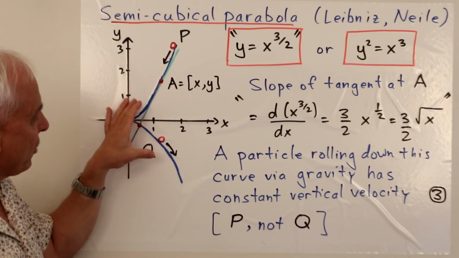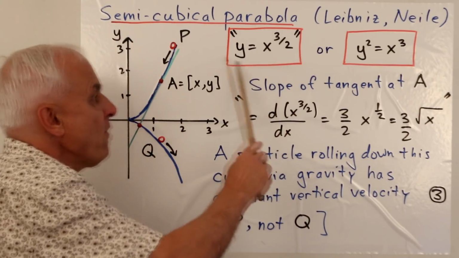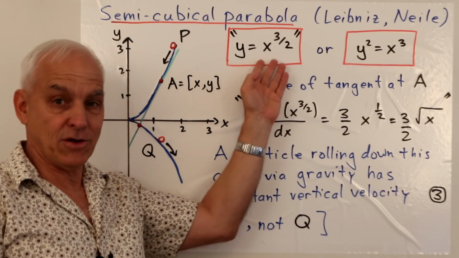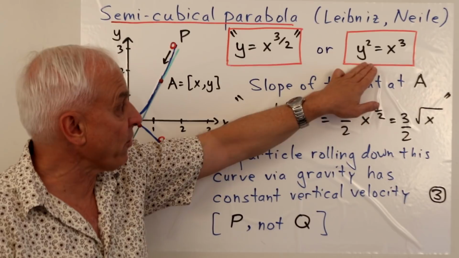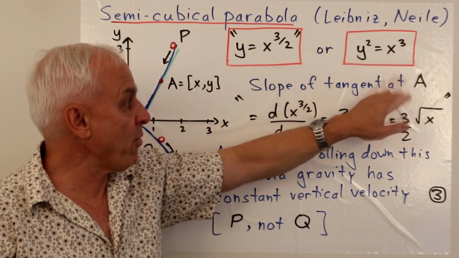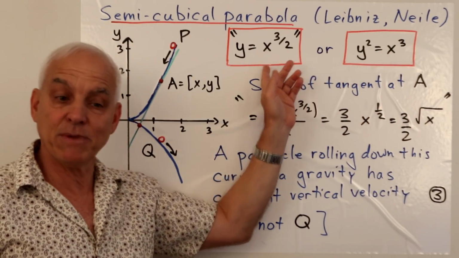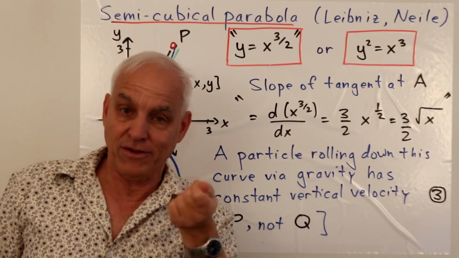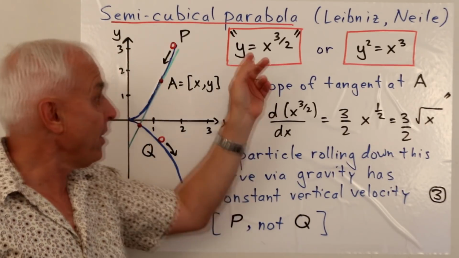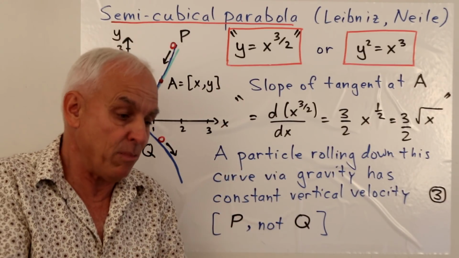The shape of the curve is actually better appreciated if you move away from this transcendental description and go to the algebraic description, which is y squared equals x cubed. So from my point of view, this is much, much preferred. The first description in fact doesn't really make sense because you can't actually evaluate this thing. If I ask you what is the value of this thing at x equals 5, you can't actually give me a complete and correct answer.